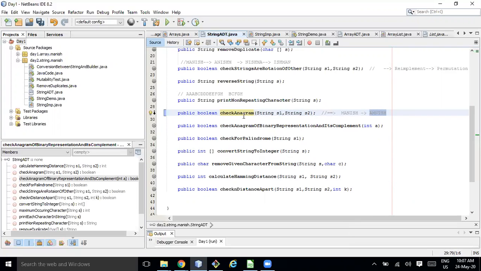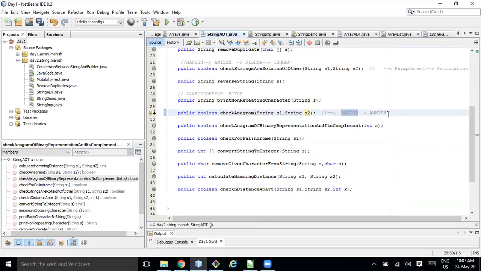That is also a rotation, or you can say permutation. An actual anagram means both words have some meaning, but here I'm not assuming that. So it's a kind of permutation: Amnish is a permutation of Manish. I just need to check whether string 1 is an anagram of string 2, or whether a permutation of string 1 is string 2.